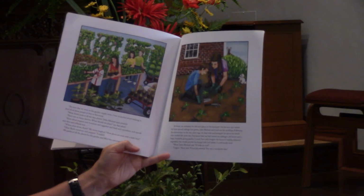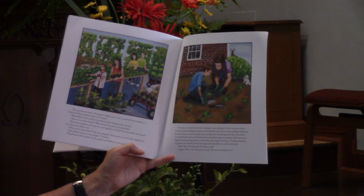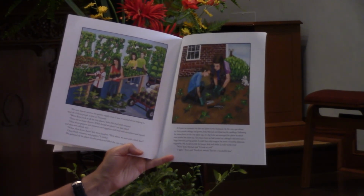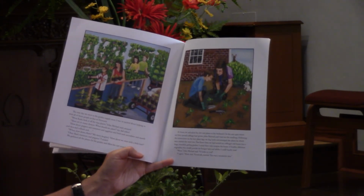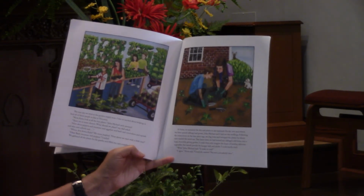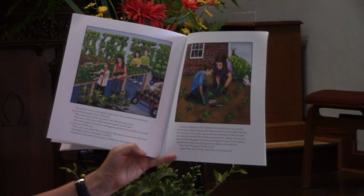The next day, we went to the garden supply store. I was so excited about helping to feed all those people in line at Tri-County. "Wow, Katie, look at all the tiny plants," John Michael said, amazed. "There are so many choices. What should we plant?" my dad asked. "How about peppers and tomatoes and eggplant and basil and cucumbers and squash and okra and collards and..."